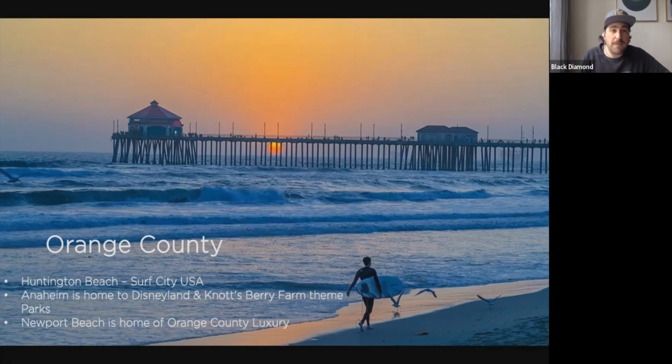Also a good alternative to staying in Anaheim if you're wanting to do Disneyland. Huntington makes a great base, or Newport Beach, but Huntington's great for families, so it's really good for that family road trip. If you're a bit more upmarket, I'd definitely recommend Newport Beach. You're going to have a lot nicer accommodation, and it tends to be more 5-star accommodation. Huntington tends to be more 4-star